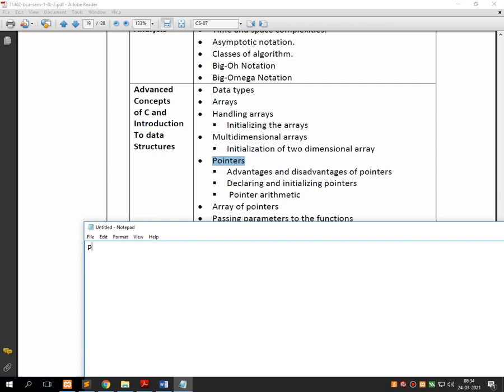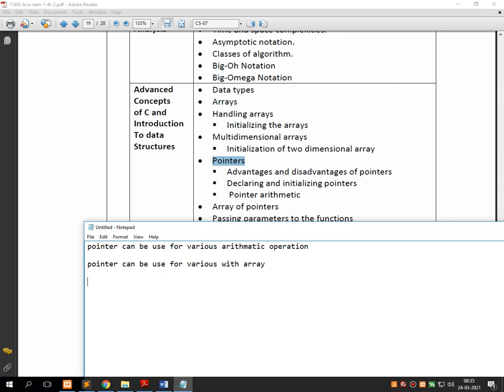First, pointer can be used for various arithmetic operations. Second, pointer can be used with array.